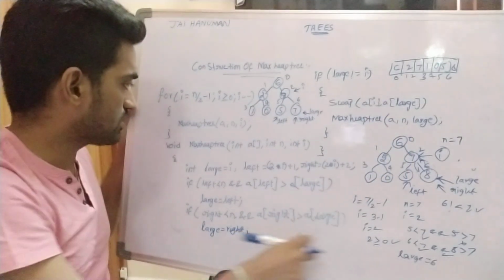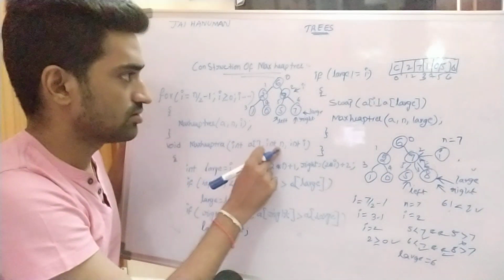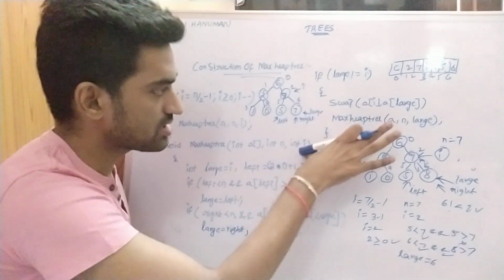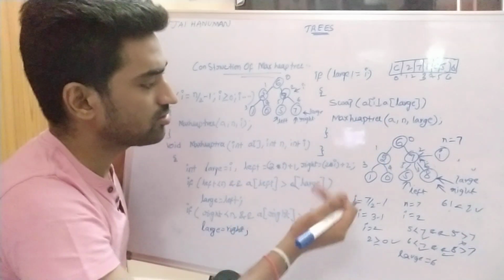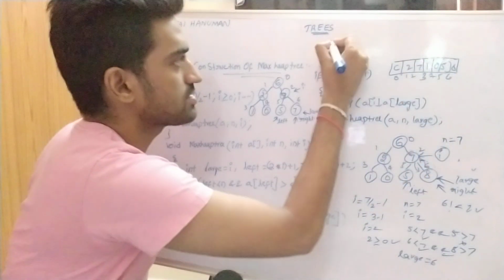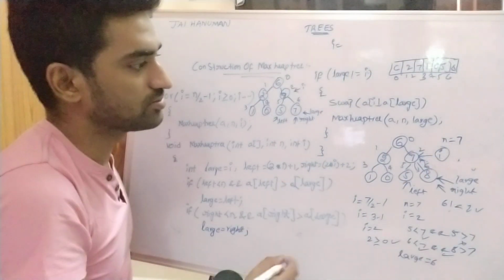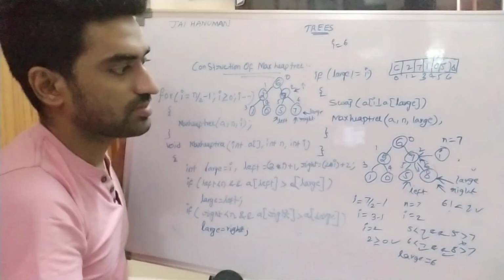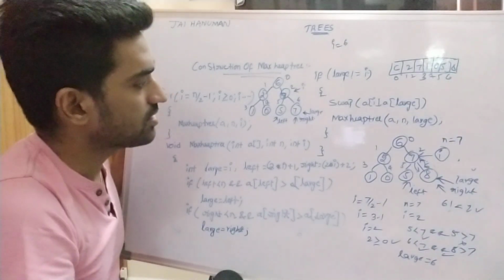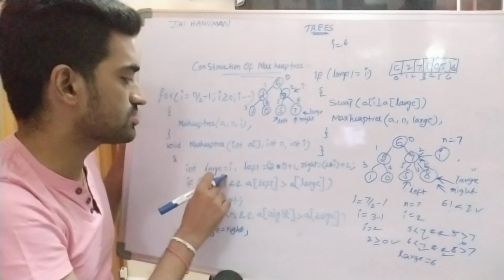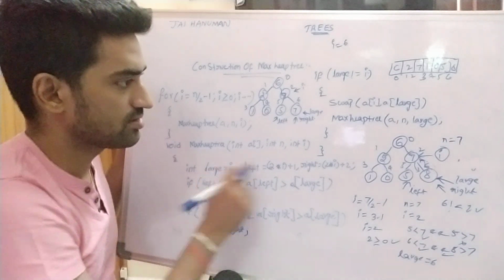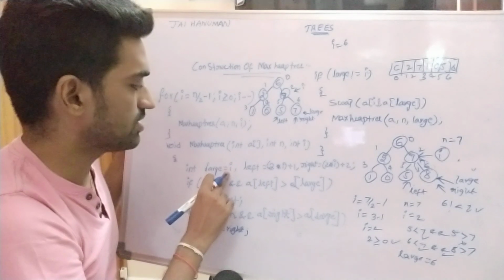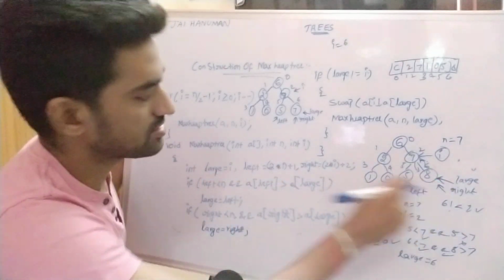So here again the control will be passed to this one. Now n value becomes 7, so I is equal to large. So large value is copied into I, right? Now I value becomes, so I is equal to large. What is the large value? I is equal to large, 6, right? So again we are checking this condition, large is equal to 6. So here large is same. So large is equal to I. So large value is said to be 6.